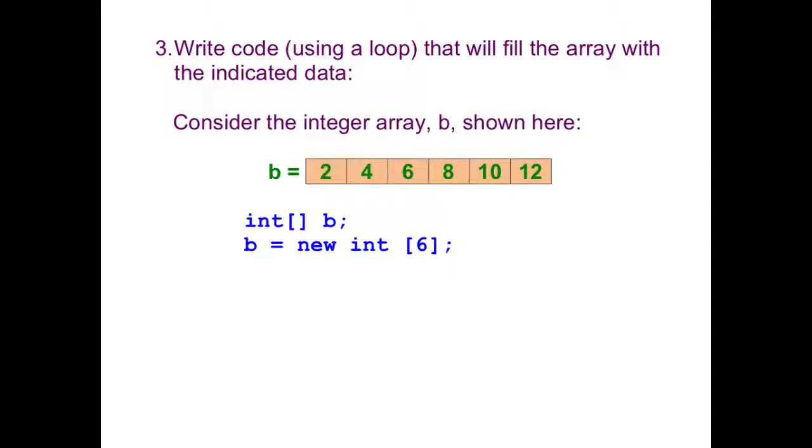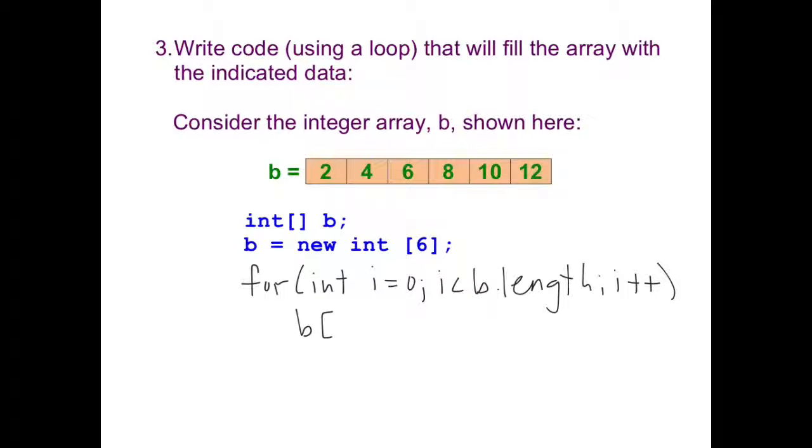Define array B, and this time we have the numbers 2, 4, 6, 8, 10, 12 inside. So let's do our for loop. We're going to start with our for just like earlier. For int i equals 0, i less than b.length, and i plus plus,